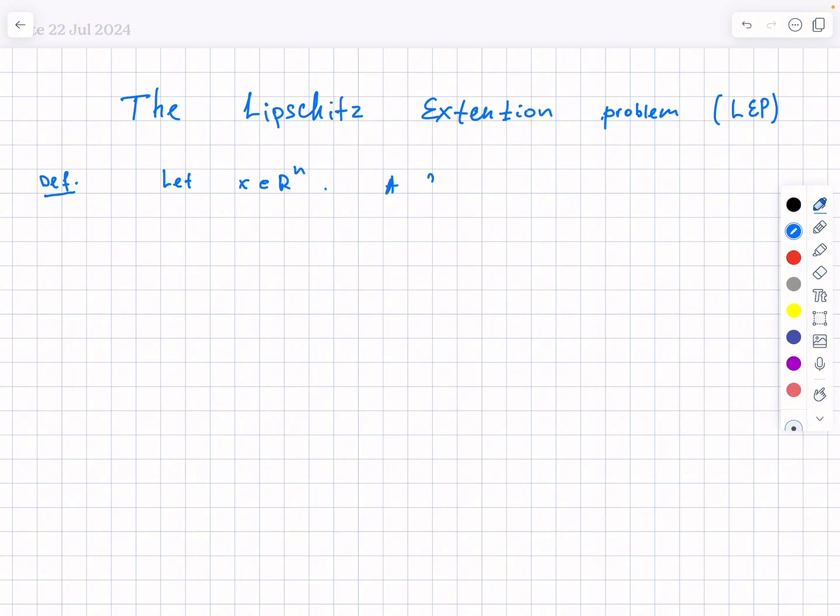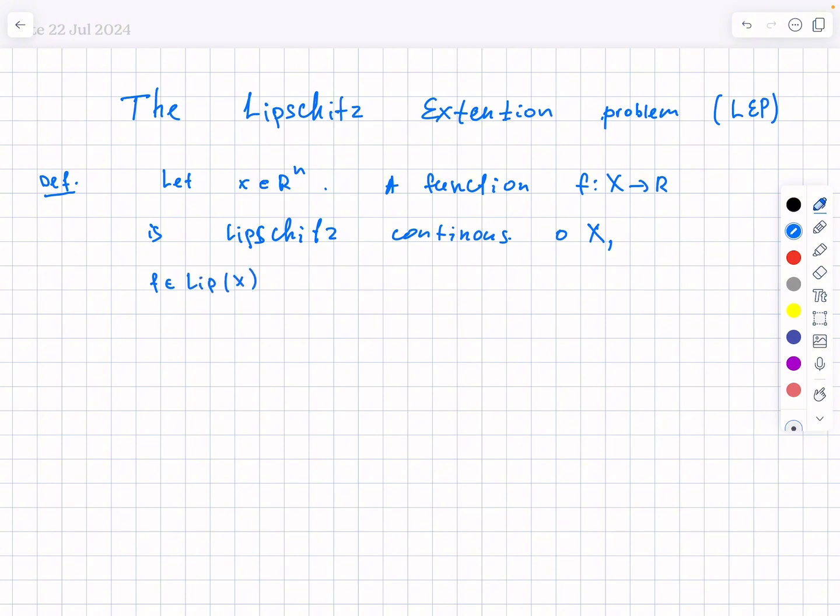A function f from this domain to R is Lipschitz continuous on X, and we will write it f belongs to Lip(X), if there exists a constant L from 0 to infinity such that